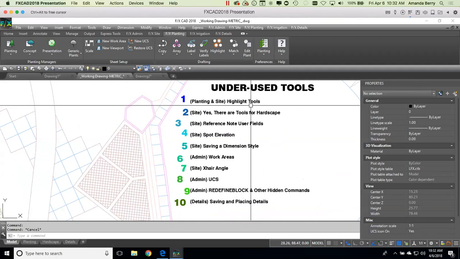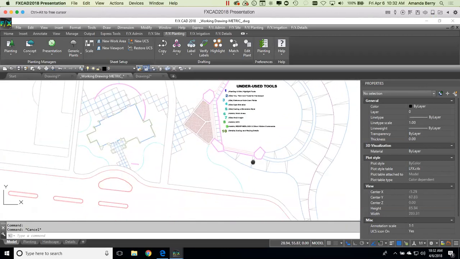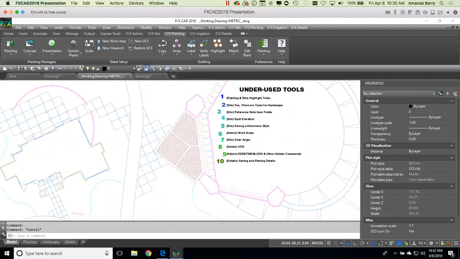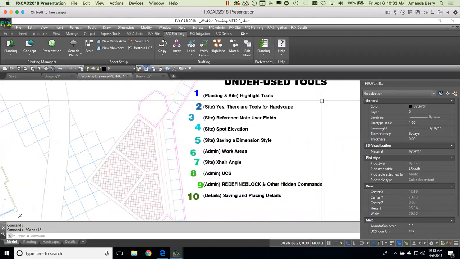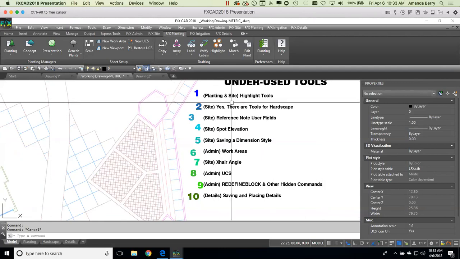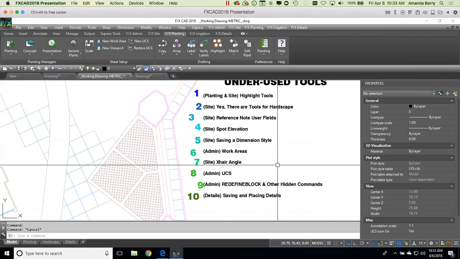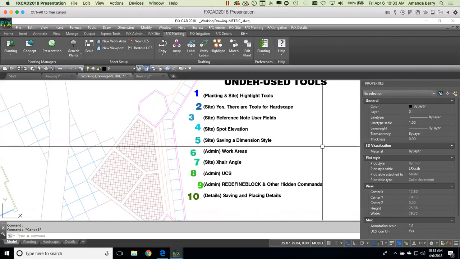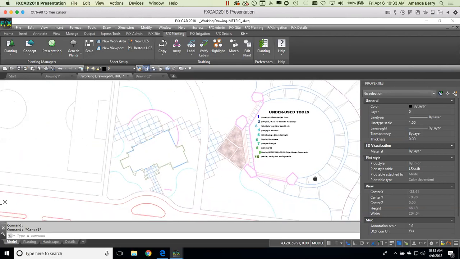Originally on this list was actually that multi-leader tool, but I decided to make that a question. So below that, I would say highlight tools are least used, but very, very helpful. And this is for planting and site, and actually irrigation as well. We're not covering too much irrigation today, because as soon as we add that in, it becomes a whole other webinar, a whole other hour. So we're focusing mostly on planting, site details, and admin. But just know that highlight tools are there in irrigation as well. And what you can do is,